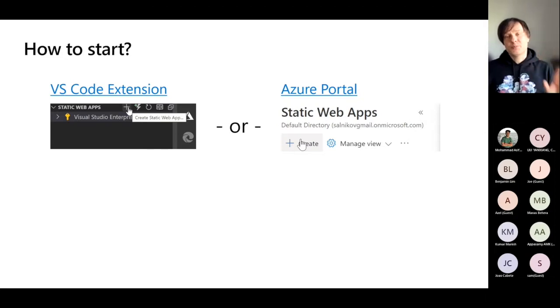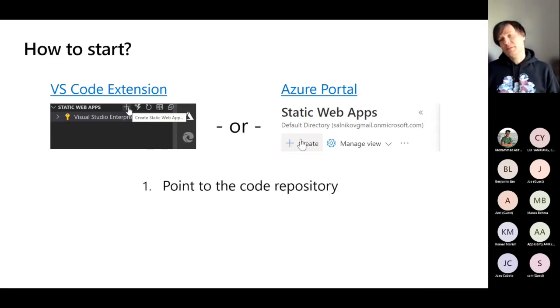In both cases, what's needed from your side? First, it's all about some existing code repository. Again, this is not any kind of exotic requirement, right? We host our source code in this or that code repository service, so it definitely exists somewhere.